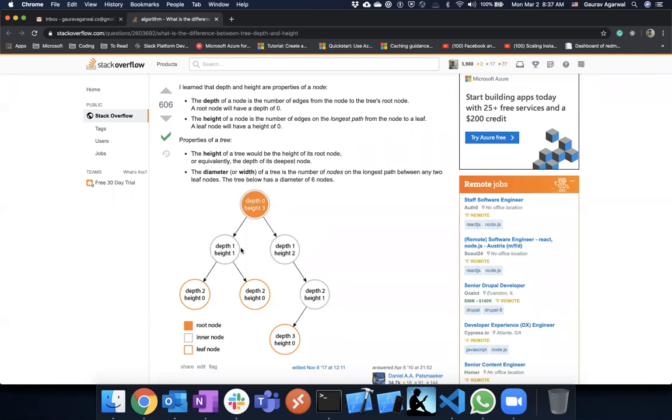And if we are talking about the nodes at the second level, the node on the left has a height of 1, but the node on the right of the root has a height of 2, because there are 2 levels below it, but for the node on the left there is only 1 level below it. So that's what the depth and height of the tree mean. For the root, depth is 0, and height is the maximum number of levels. And for all the leaf nodes, height is 0 and depth is the distance to the root.